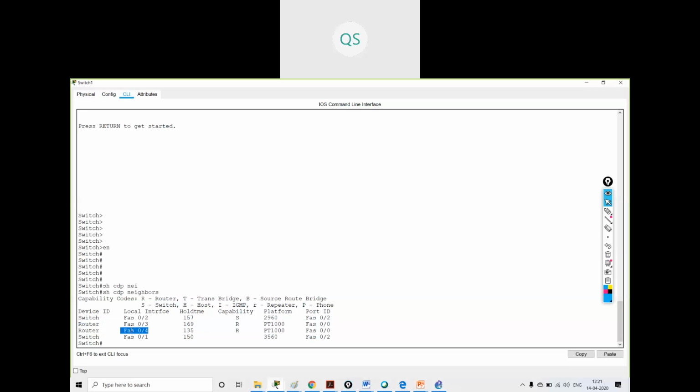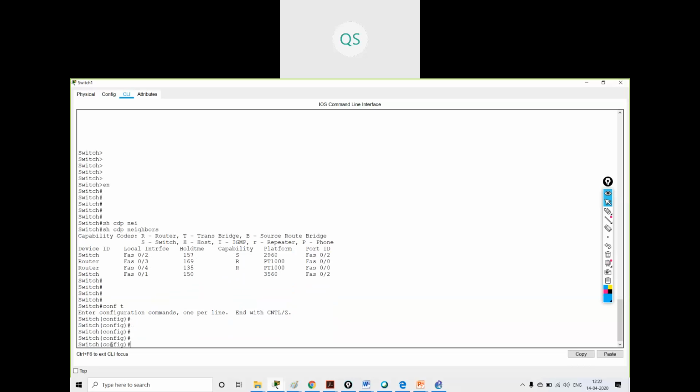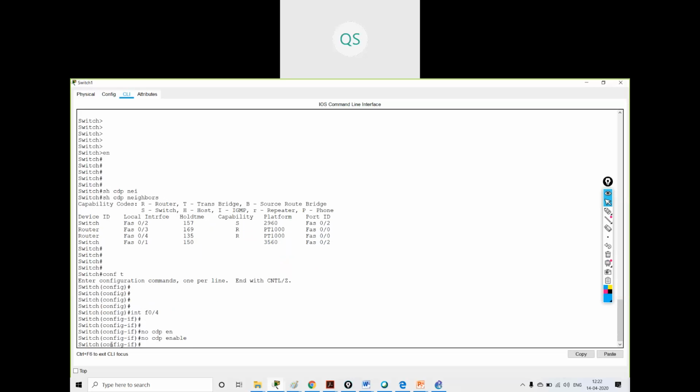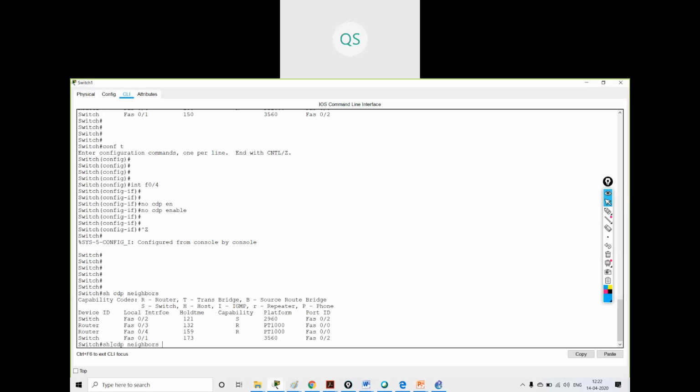Now I will make this FastEthernet 0/4 not give me the information about this port. So: interface FastEthernet 0/4, no cdp enable.